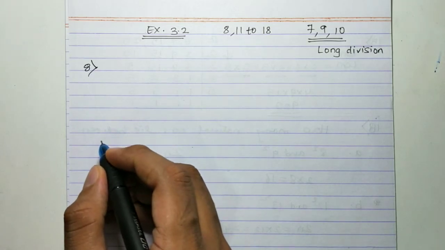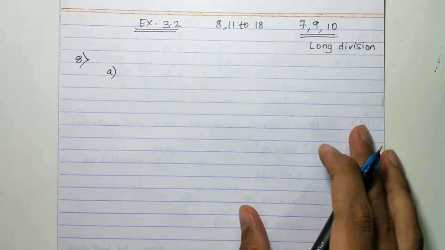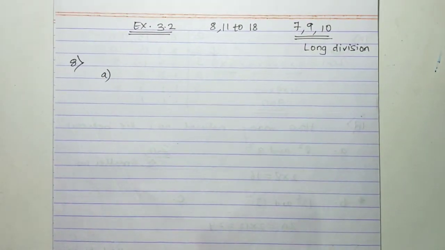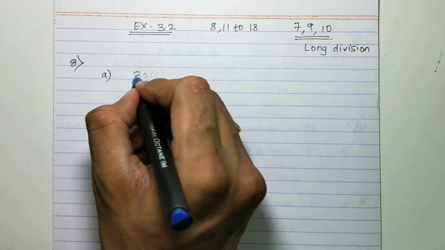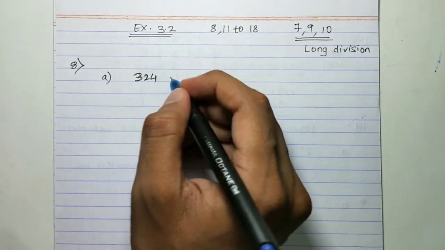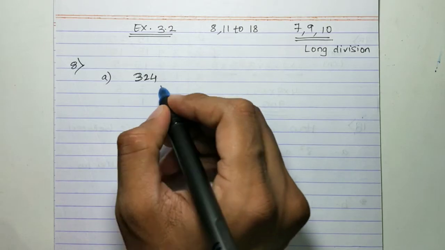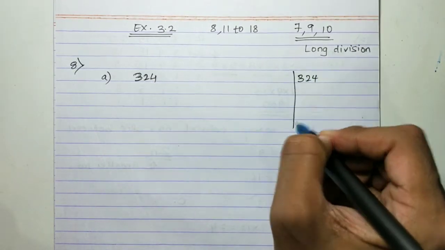It says, find the square root of the following by finding the units and the tens digit. Now the units and tens digit method is quite lengthy. You can even find the square root by a normal method. How do you find the square root of 324? You can do prime factorization.